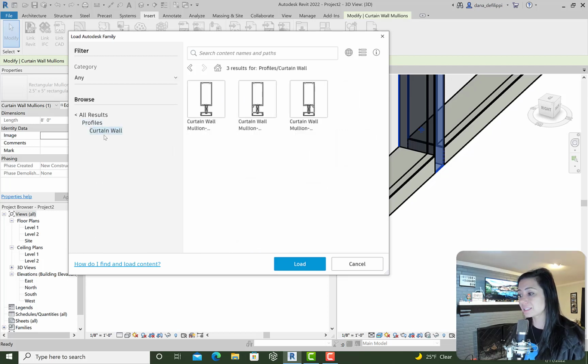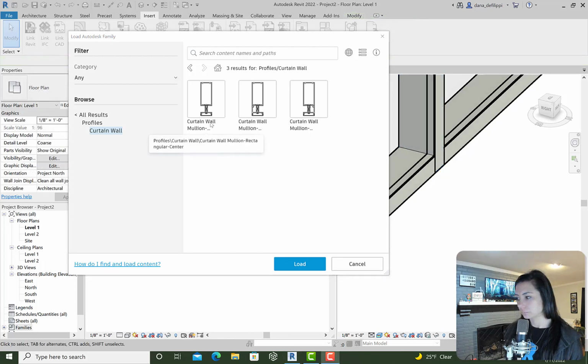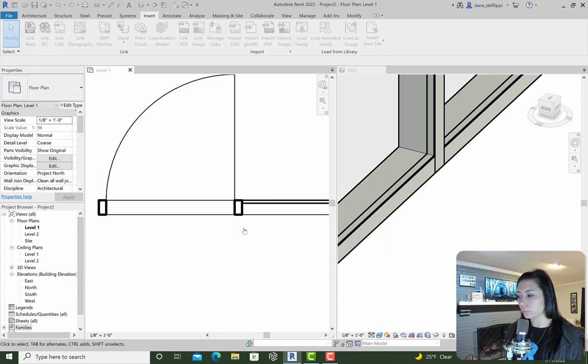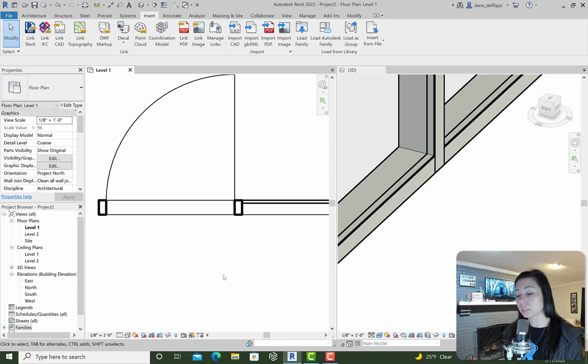There's a section specific to curtain wall. Essentially, it's a profile that's going to sweep along our grid. So I'll go ahead and load in the profile for my curtain wall mullion so that we can associate it